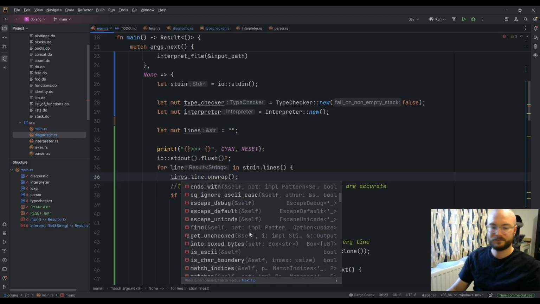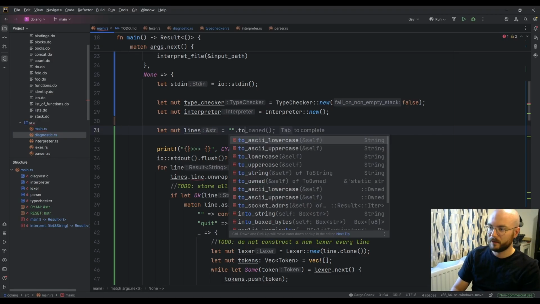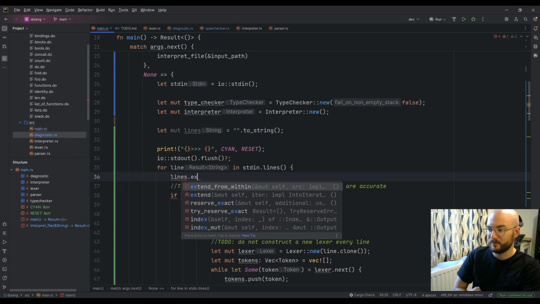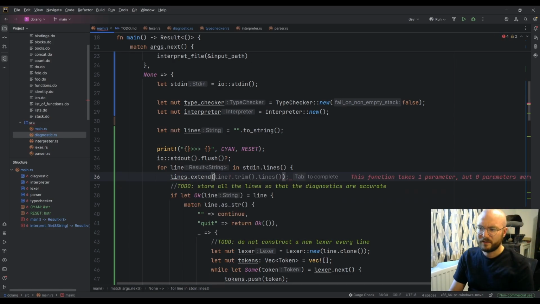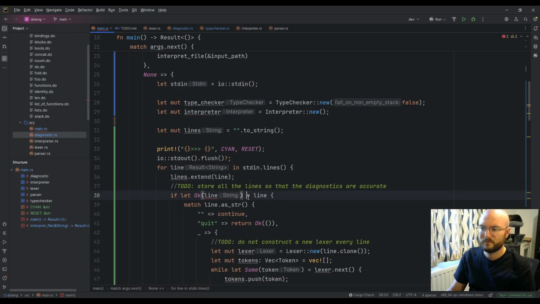Yeah, we're out there now. Oh, maybe it has to be a big boy string. And I could say lines append, extend from within. Extend line? I'll probably have to clone it because